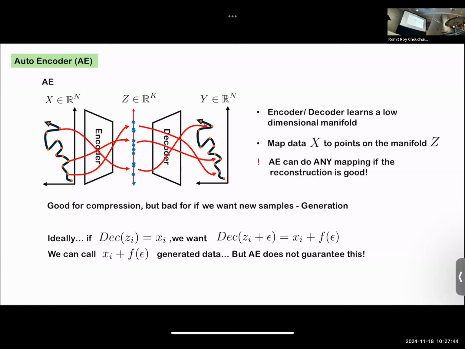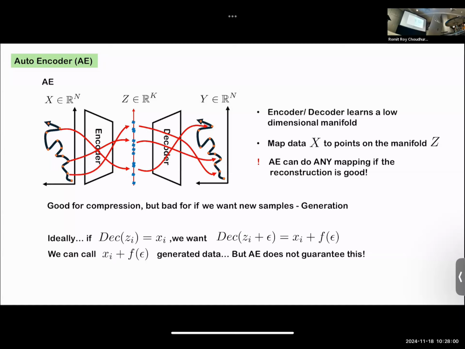Compression. Lossless compression. Very little loss compression. Great for that, not good for generating. Okay, I just want to expand on one of your questions, which is: encoder and decoder, how